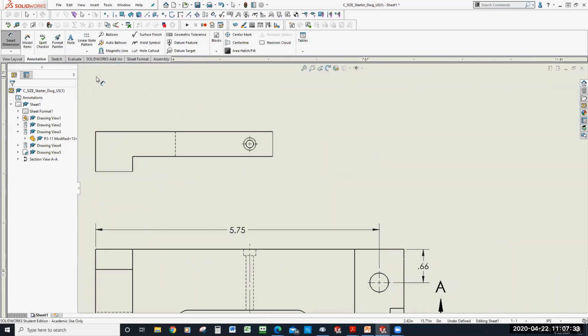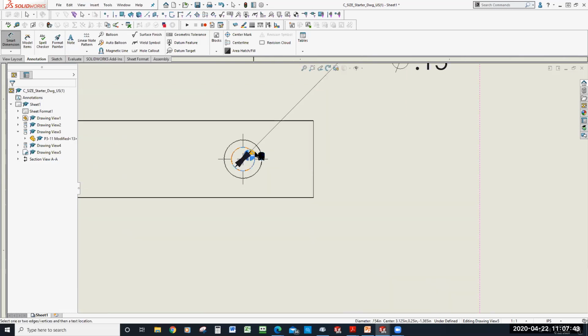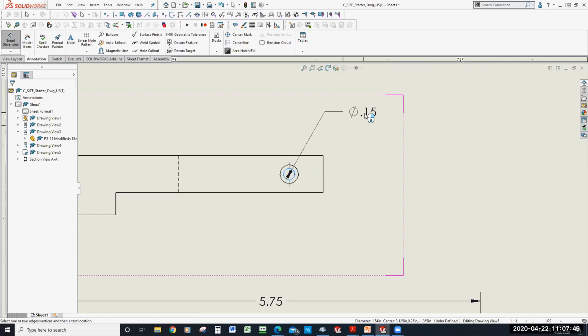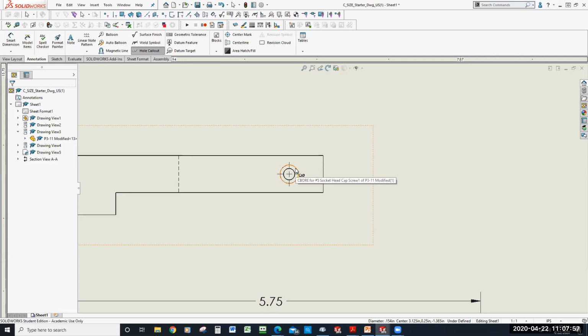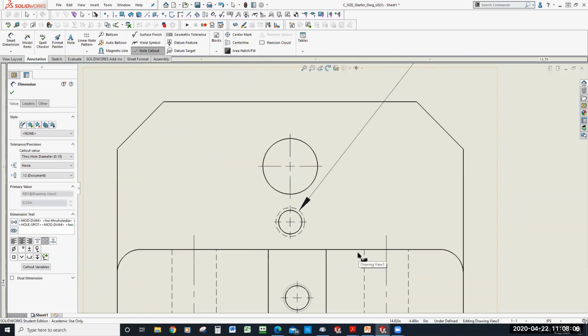the counterbore. Again, if I just use a smart dimension on the counterbore, what am I going to get? I'm just going to get that diameter, right? And I can't, for whatever reason, select that outer edge. But if I go ahead and use the hole callout, now I can select the outer edge, and it gives me all that information, all the correct counterbore information. Well, if I go ahead and use it on this tapped hole,